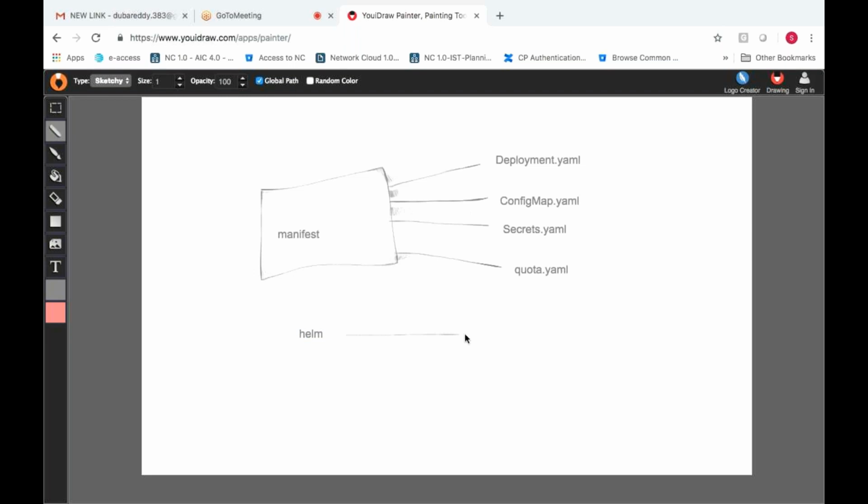I'm just drawing an arrow, and the second one is Tiller. This Tiller will be running on Kubernetes. Wherever you have installed Kubernetes, there this Tiller needs to be running. This is called the master package. This Tiller needs to be installed on Kubernetes. Let me write it like this.